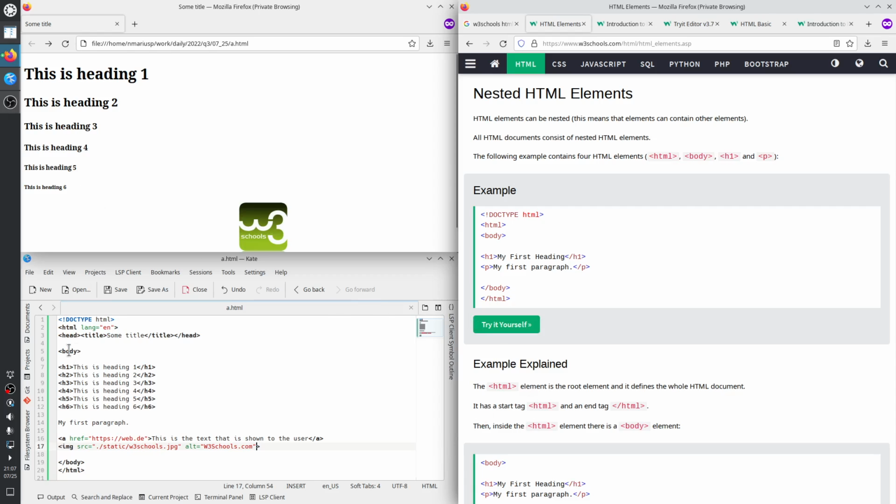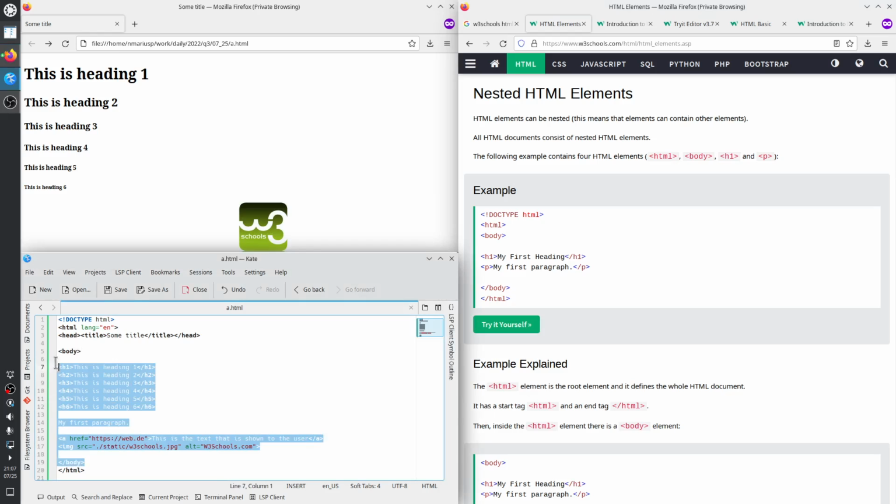Inside this is the body HTML element. It has a start tag and an end tag, and inside the start tag and end tag of the body, you have the start tag and end tag of h1, and this is the content of the h1